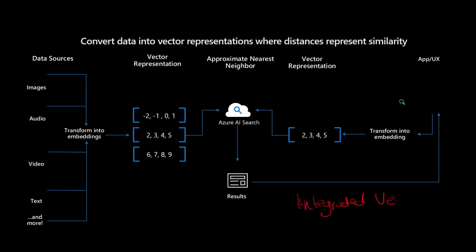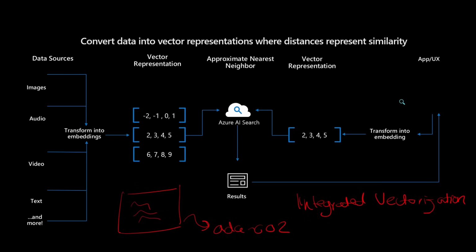Integrated vectorization. Right now, when you are using Azure AI Search, the service itself doesn't have built-in capabilities to convert your data into vector representations. This means that when you have application code that is writing the embeddings, you basically have to make an external call to Azure OpenAI because you want to leverage ADA 002, which we said is the embeddings model for semantic understanding. For you to transform your data into those vectors, you have to make this external call to Azure